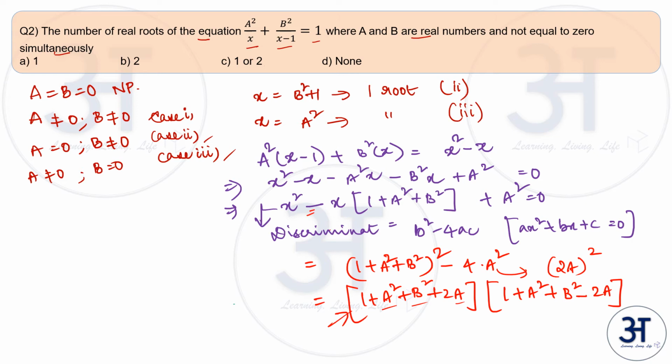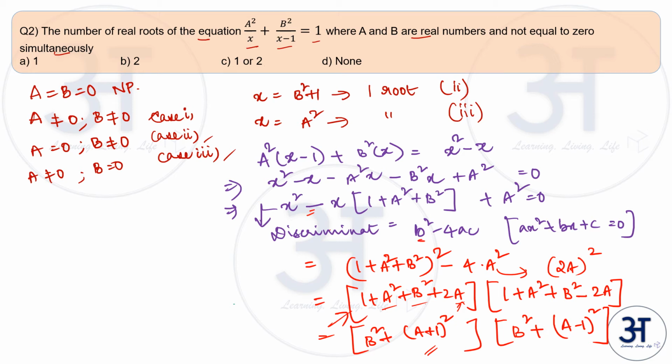So irrespective of whether a is positive or negative, you have a square, you have b square, and you have 1. So what essentially is happening, if you observe, is, let me write it simply for you, b square plus a plus 1 whole square, a square plus 2 into a plus 1. So this is always positive. Similarly, here you have b square plus a minus 1 whole square. So as both of them are positive, this discriminant is always positive.